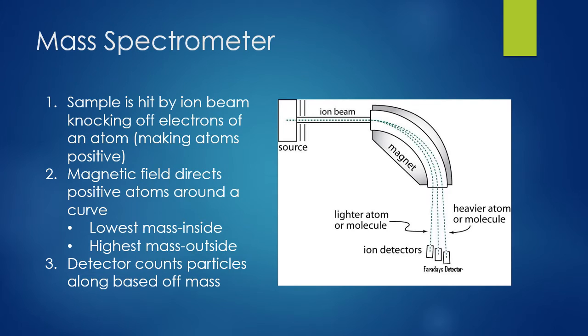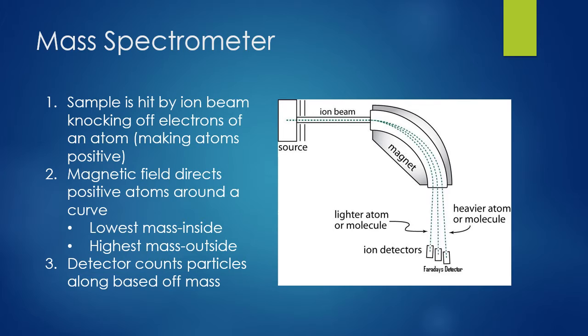So looking a little bit closer at how a mass spectrometer works. You have a sample of neon, for instance, and it's hit by an ion beam. When that ion beam hits it, it actually knocks some of the electrons off of the atom, making the atoms positive. Because remember, electrons are negatively charged particles, so if we knock any of those off, it's going to make the atom an overall positive charge. Having this positively charged ion now,